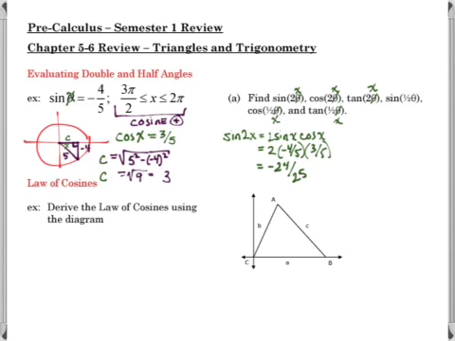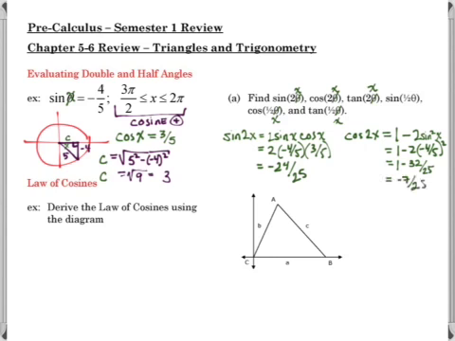If I was to figure out cosine of 2x, well, that's going to give me my identity that I picked. There's three of them. It's 1 minus 2 sine squared x. And the reason I picked the one with sine in it is that I was given a value for sine. So let's say I screwed up my cosine calculation of 3/5. I could still get this right. So I just plug in -4/5 for sine of x. I square it, and I get